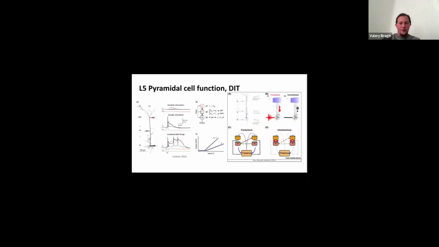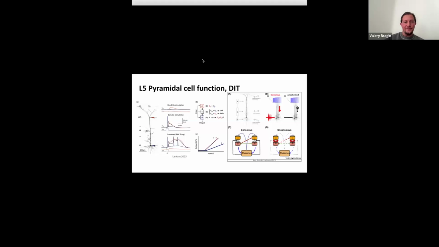And also, probably an even more prominent case on the cellular and circuit side of modeling is the role of this layer 5 cortical pyramidal cell. It's just called layer 5 because the soma sits in layer 5, but really the cell is huge. It spans the whole depth of the cortex, and the apical dendrites, the end of the dendrite, are actually in layer 1, in the most superficial cortex. And the effect that was noticed a long time ago here is so-called backpropagation activated bursting.